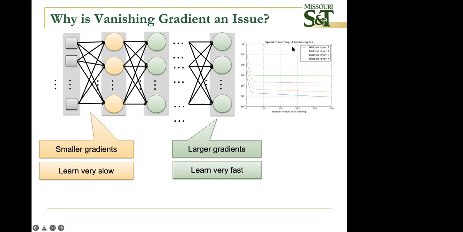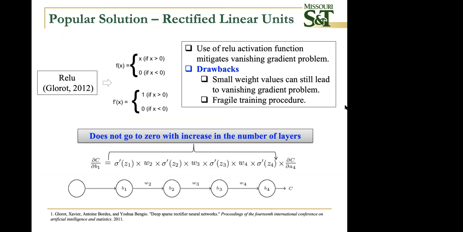You can see here that with few layers it's a lot better, but as you increase the number of layers, you can see it quickly becomes a vanishing gradient problem. One of the popular solutions for this is changing the activation function. The activation function f of x is x if x is greater than 0, otherwise it is 0. We call that the ReLU activation function. You take the derivative. The derivative always stays at either 1 or 0. It will never be less than 0. So it mitigates the vanishing gradient.